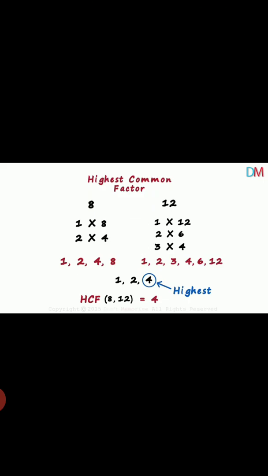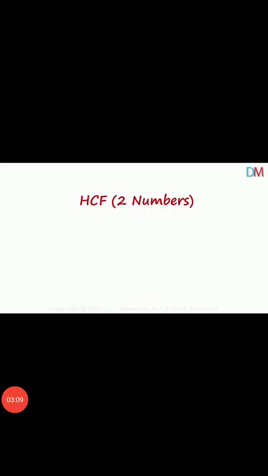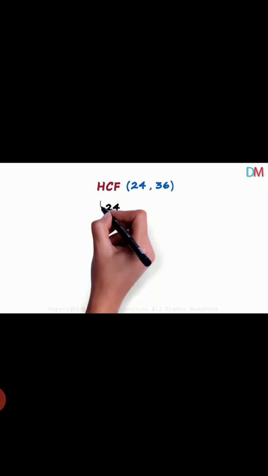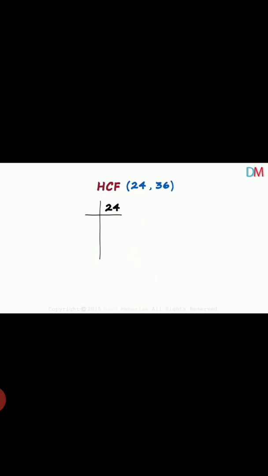Now we will understand this with some more examples, and now we will take another method. Now we will find HCF of two numbers with the prime factor method. Okay, prime factorization we learned with two methods, factor tree method and the division method. So here we will find the HCF, it means highest common factor, with the prime factorization method, and we will use the upside division method. That means the division method we used, where we drew a line and then divided.